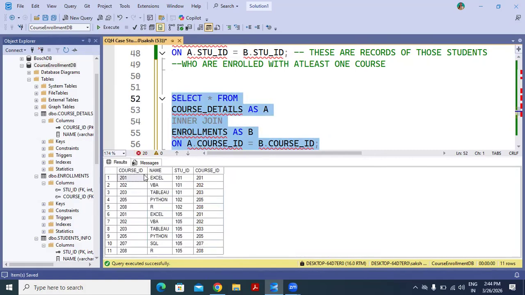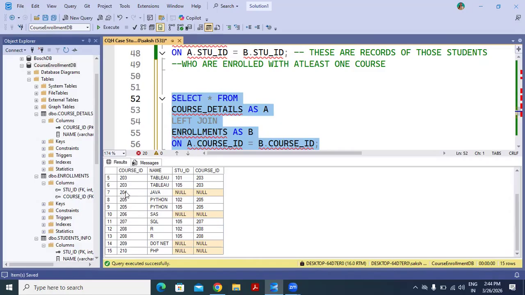So yes, you can see this is your course details table and this is your enrollments table. So first let's put the left join. So yes, we can see this course details consists of all the courses, and this is your enrollment table.